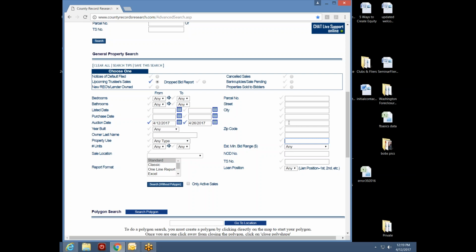Only put 1 city or 1 zip code per box. So if I don't have to put that limitation in my search, I'm not going to do so, because I want to have as many opportunities to get the deal as possible. So with my date range of auction dates of 4/12 to 4/26, I can do a search right away,